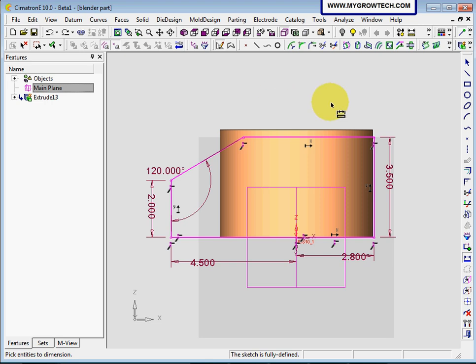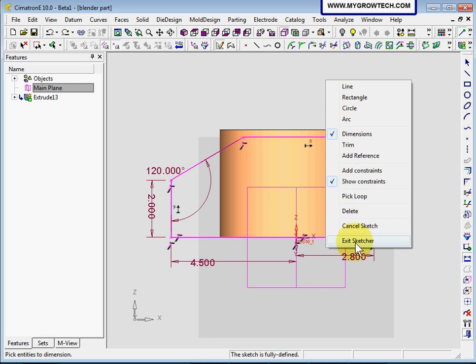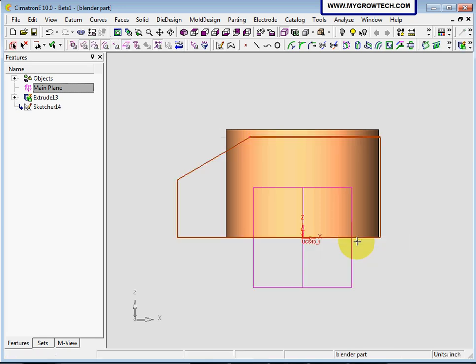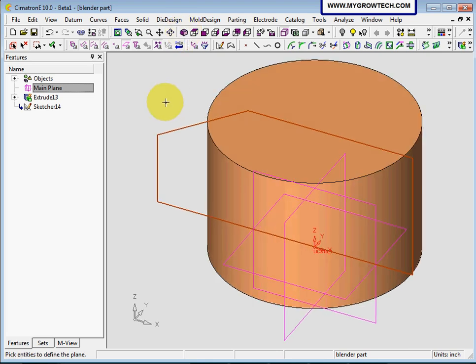After you finish the sketch, next is to exit from the sketch. You have two ways. Again, select the icon here, exit from the sketcher, or just right click on the screen, select the last row, exit from the sketch. Let's go to ISO view and click the